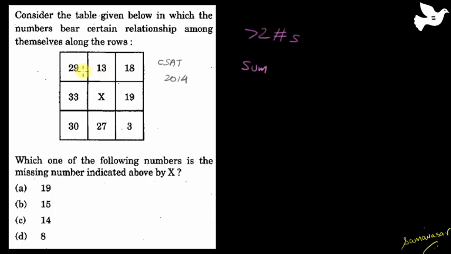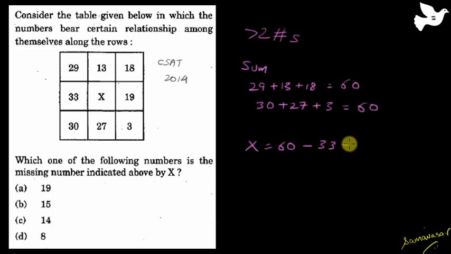So in this case, for instance, 29 plus 13 plus 18 is equal to 60. Now go to the third row that you have. 30 plus 27 plus 3 you will find is also 60. So here you are able to find a relationship directly. So for the middle row also, x is equal to 60 minus 33 plus 19, because the sum of all these three is supposed to be 60. And when we solve this,